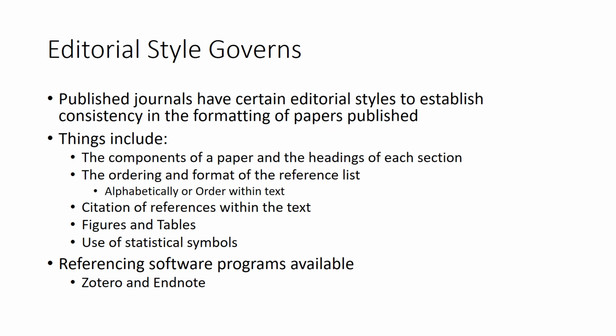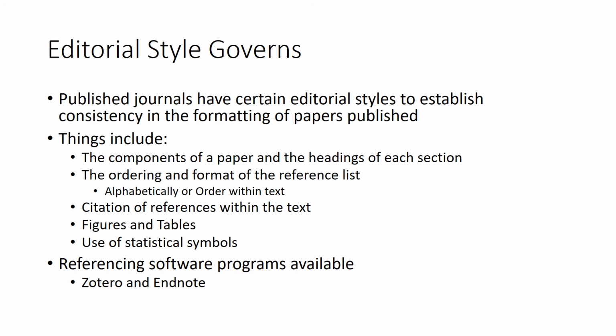In the last lecture, we touched on referencing and the different styles different journals require. The reason that journals have a specific editorial style is to establish a consistent format in their papers. Some formatting that will differ from journal to journal is the components required for the paper and the headings of each section. Also, the ordering and format of the reference list. Is the reference list displayed alphabetically or in order within the text? Also, how many figures and tables are allowed, and which symbols can be utilized to display differences between groups and